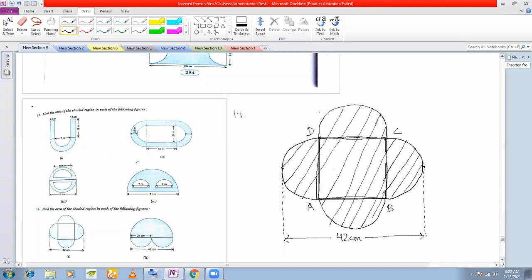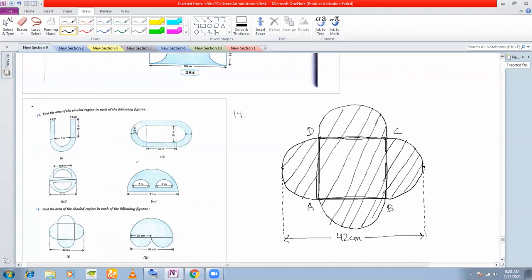If you find out the area of one semicircle and you multiply it by 4, you will get area of all the four semicircles. You don't have to find out the area of each semicircle separately, because AB, BC, CD, AD are all sides of the square, and these are also diameters of the semicircles. All the sides of the square are equal, so the diameters of all the semicircles are equal. You find the area of one semicircle, multiply it by 4, and you can find the area of the square also.